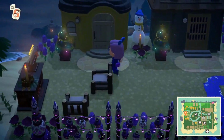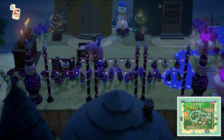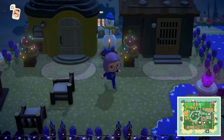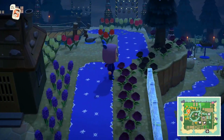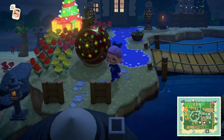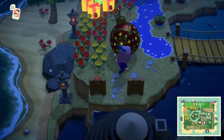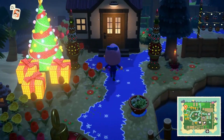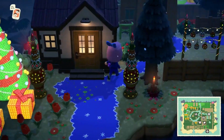I guess I forgot to show you the sitting area. Sometimes I don't know what I'm doing. I will tell you this path is one of the ones I made. Please don't laugh at it. And there will not be a code up because I'm not even going to use it again. But over here we have a little waterfall, a place that you can go and look. We have some Christmas decorations. This is Kid's house. And then you keep going on the path back here,